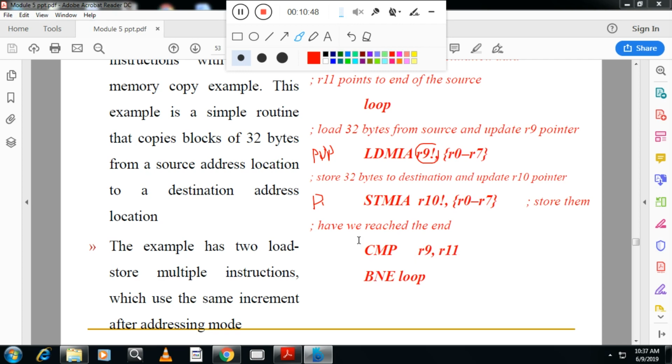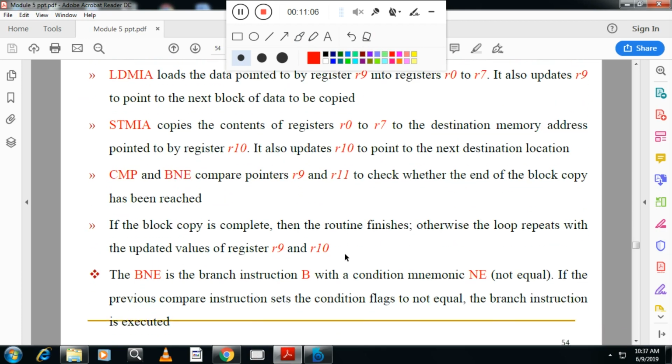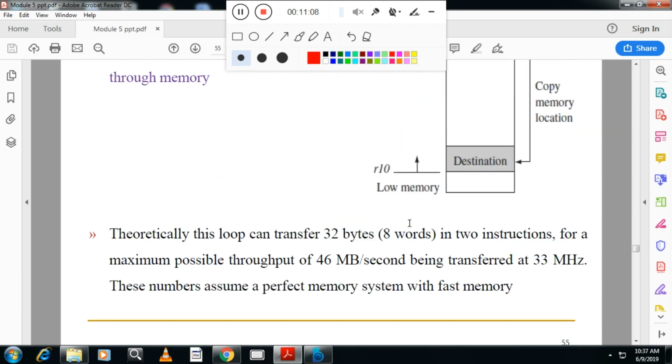If not equal, loop. If it is equal, then come out of the loop. So this instruction is to copy values from one area to another area. From the exam point of view, these are 5 very important instructions, and you have to write this diagram also.